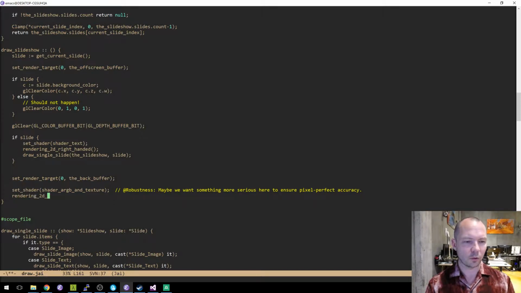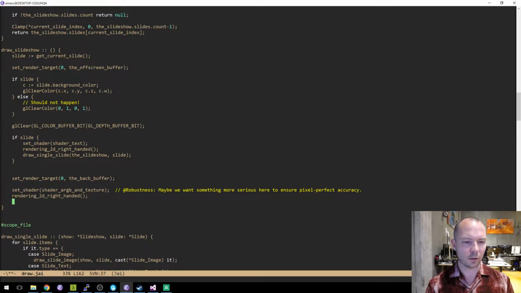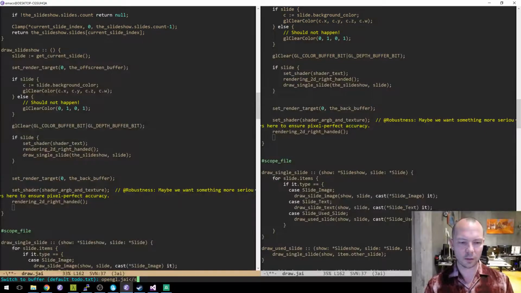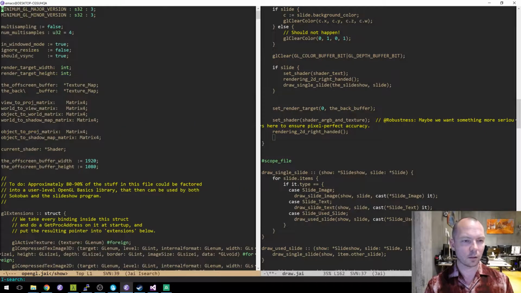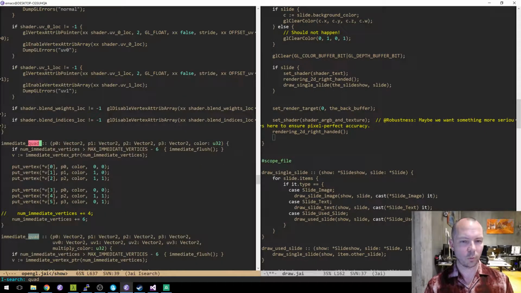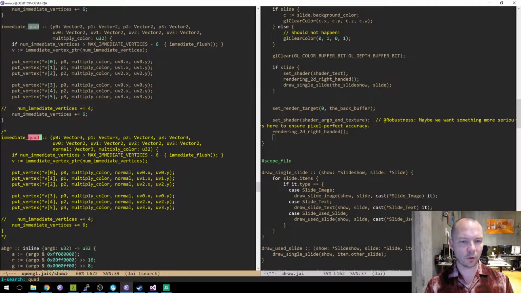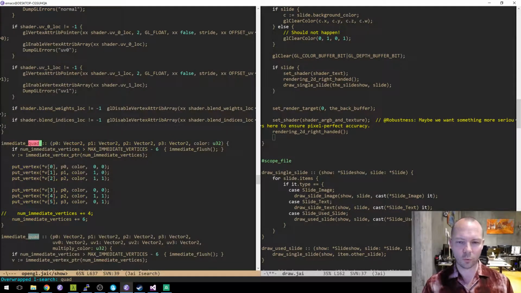rendering 2D right-handed, and I'm going to do a quad. What are my options? 0, 1, 2, 3 color. I don't have anywhere I just do a width and height. So I'm going to compute some vectors here. I'm going to say P0, 0, 0.